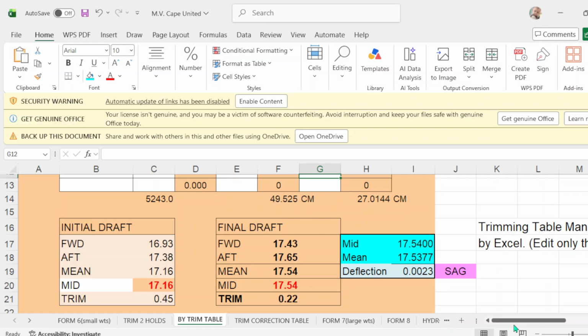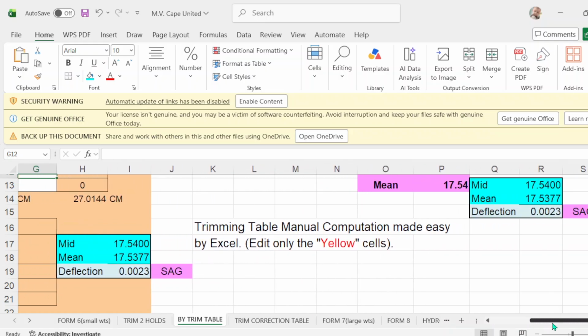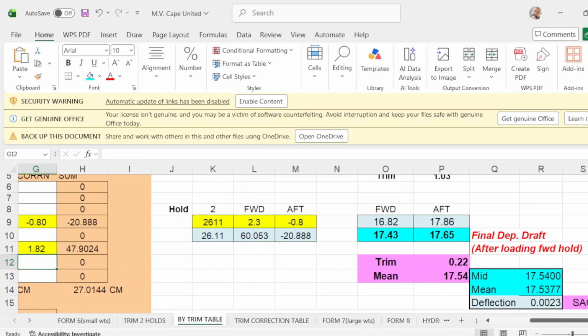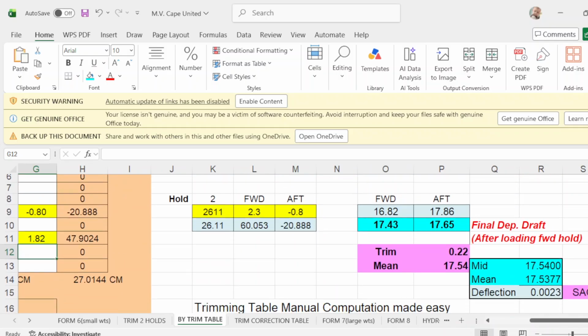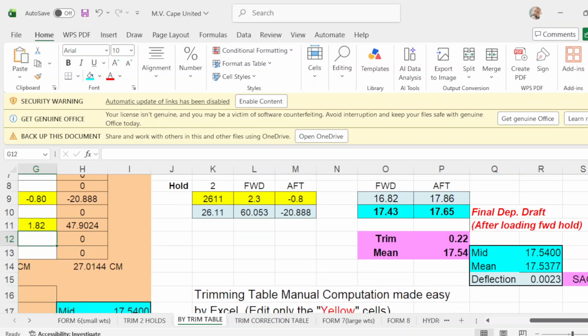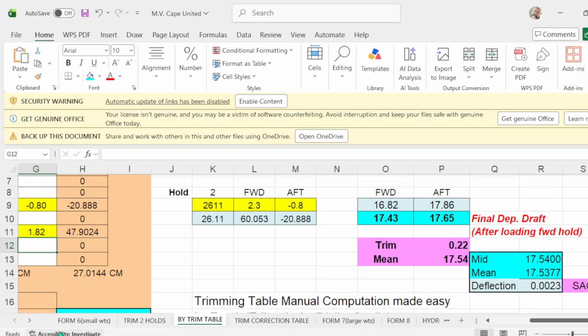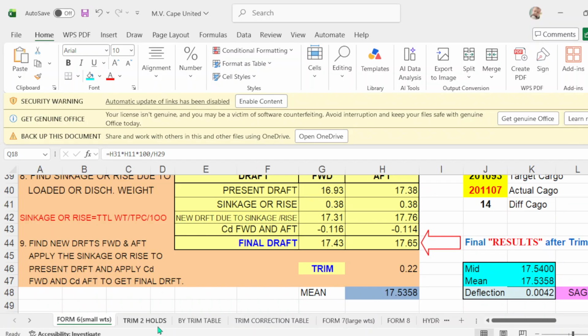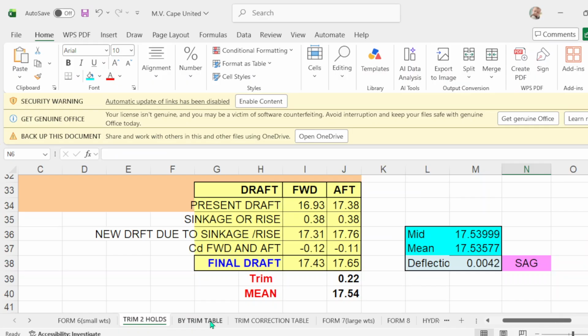Deflection is 0. Okay, the same here. 4365 22 and 54. Okay. 0 deflection. This is program number 1, program number 2, program number 3.